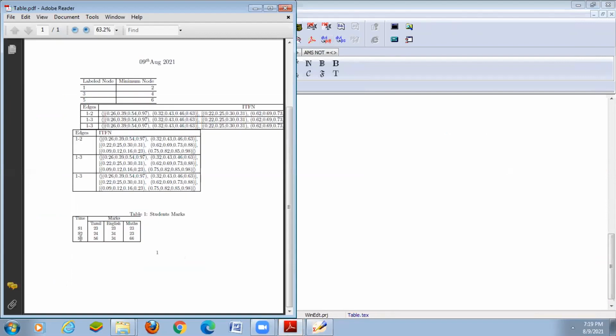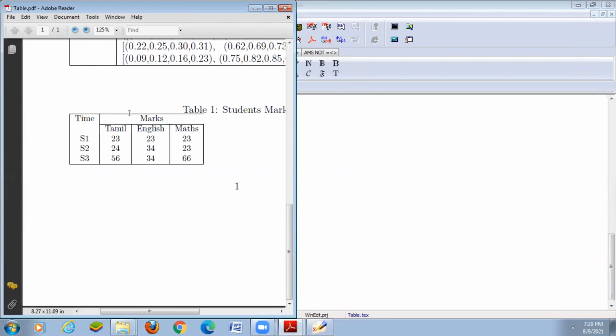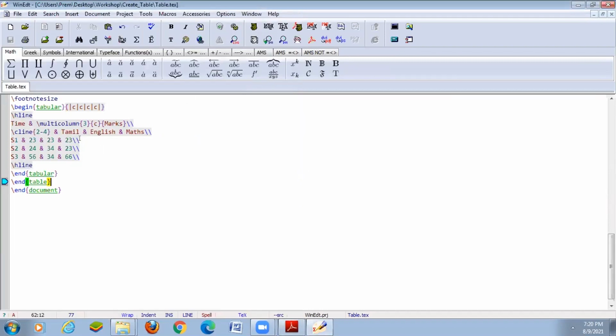So we cannot use the horizontal line here. I just have to display only the table values, the title, and then the marks will be in the second, third and fourth columns. It's merged. Okay. So on the next line, we can display the Tamil, English, Maths subjects, and the student name is easier. Okay. So I cannot use the horizontal line here, so I have to use the horizontal line in between. So at the beginning we can use the horizontal line. Here also we can use that. Now we can compile.